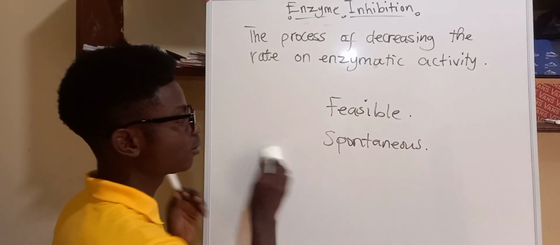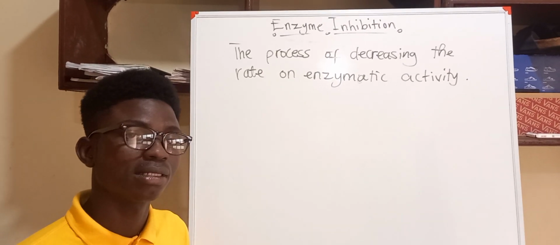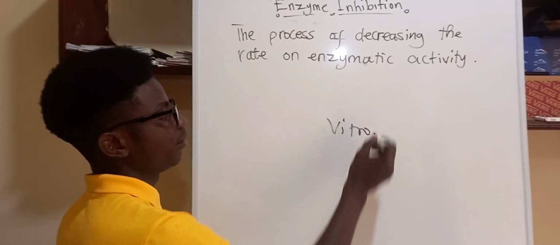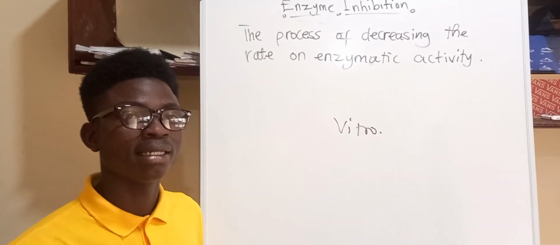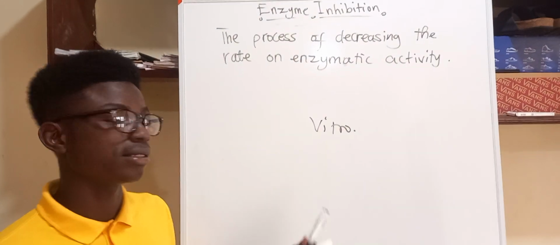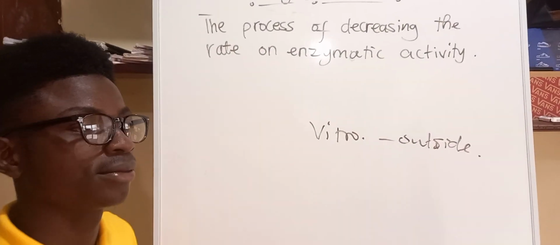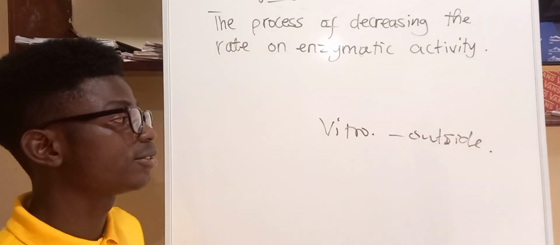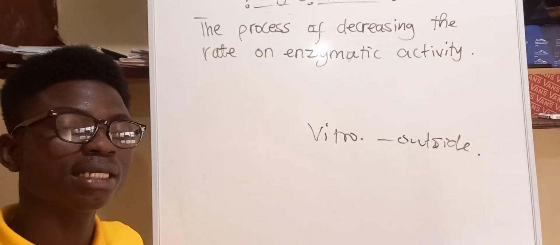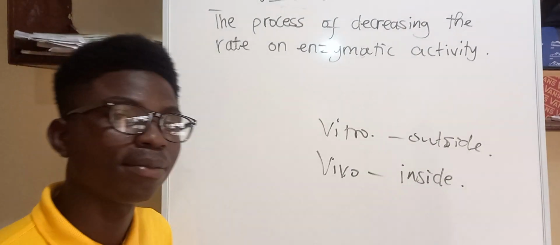Let's take an example like glucose. You all know glucose burns in excess oxygen to bring out energy. When this reaction happens in vitro, it simply means it is happening outside the living cell, for example in the laboratory. If your glucose sample is exposed to oxygen in vitro, it will take weeks, months, years, and you will not see any reaction happening. But when you take this same glucose in vivo, the reaction happening inside the living cell,